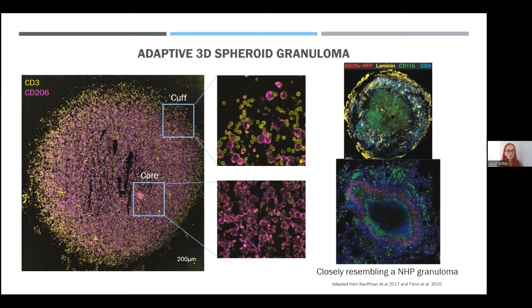And our confocal images very much represent what we see in the light microscopy images, where the core is almost exclusively made up of macrophages and our T cells are localized towards the cuff. So this is very promising, as what we've seen in the non-human primate models is largely reflected by our granuloma structures. And this is promising because previously for granuloma studies in TB, we've had to rely on non-human primate models